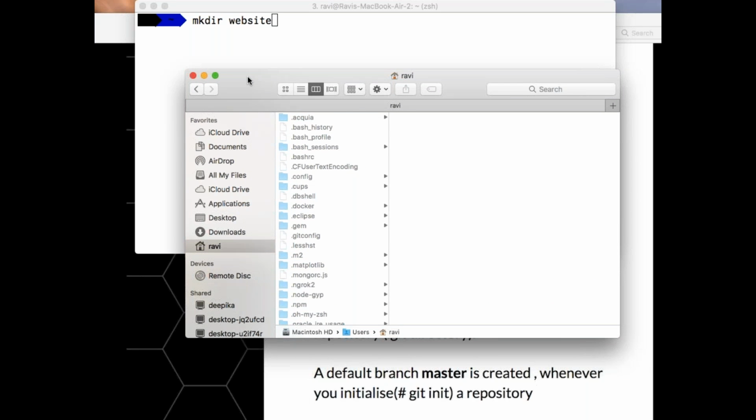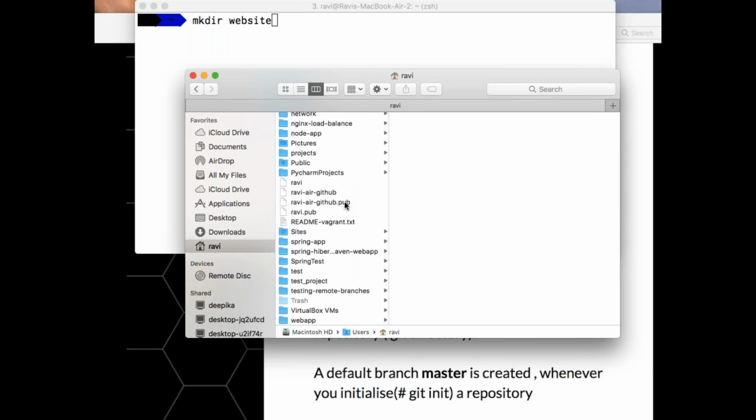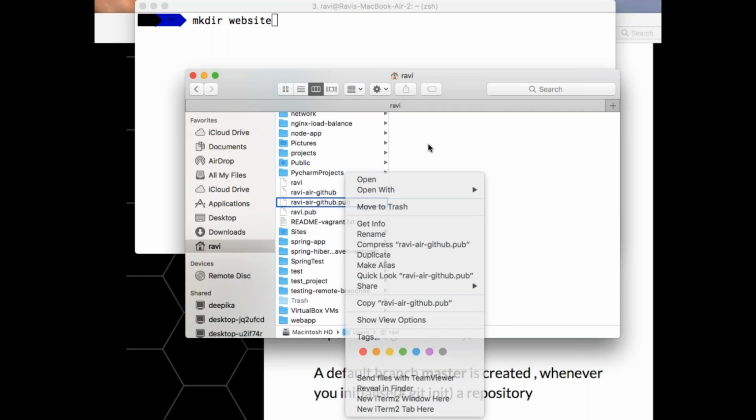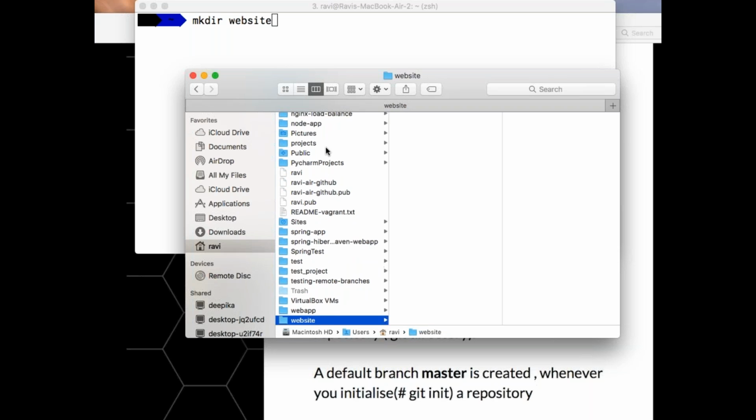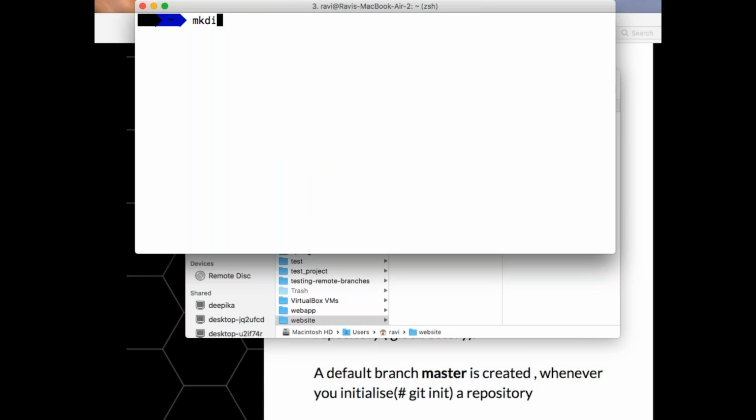Now this is my particular directory. Let's say I want to create a new directory here. So I'm creating one new directory and I'll say websites. This is how you create it, the same thing as mkdir website. That's how you are going to create it. Now I created a directory called website. Now if I see ls website, yes, I have my particular website over here.